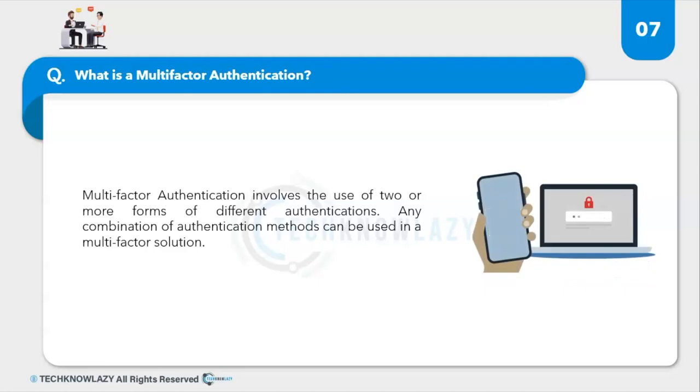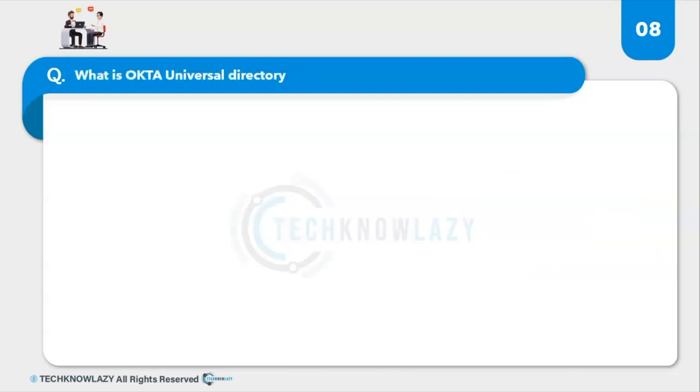Multi-factor authentication involves the use of two or more different forms of authentication. Any combination of authentication methods can be used, and then you can log in to your system. Multi-factor authentication can be used in two ways. First, when you forget the password. Second, when Okta wants you to stay updated, or Okta has a doubt that somebody else may be able to predict your password. For safety reasons, you can change the password, something like that. For those reasons, moving ahead,